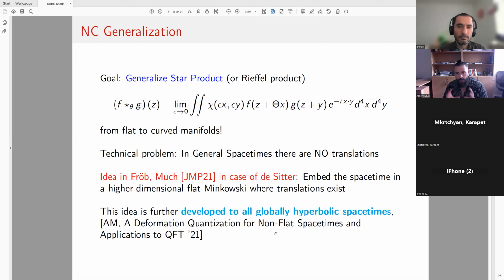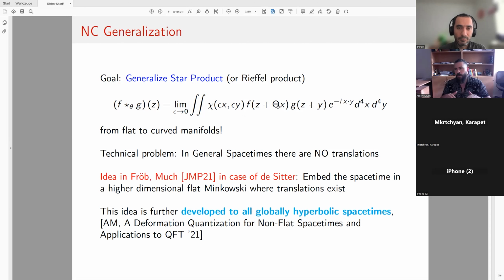The cornerstone of the problem is the Rieffel product, which is sometimes called the star product. It is basically an associative non-commutative product, so F star G is not equal to G star F. If I set theta equal to 0, I integrate, and this is a delta function, basically a cutoff function, and then I have just a normal product of F and G. Theta here is a parameter that is hidden in this matrix. This is, so to speak, the star product or Rieffel product.